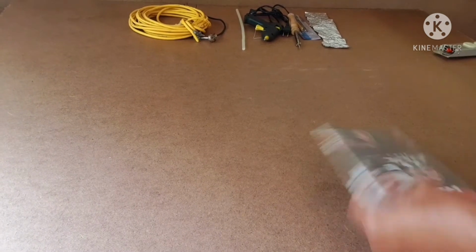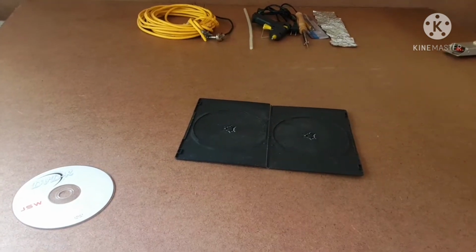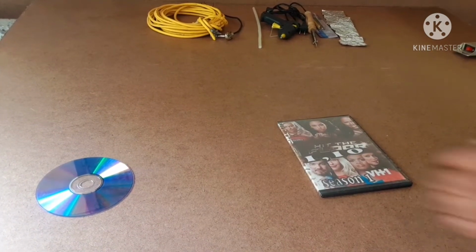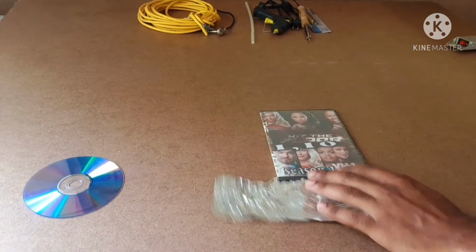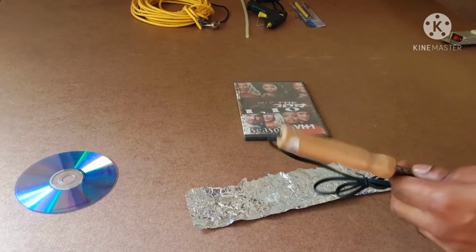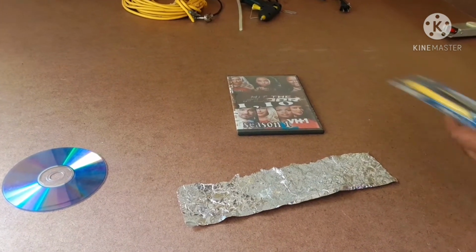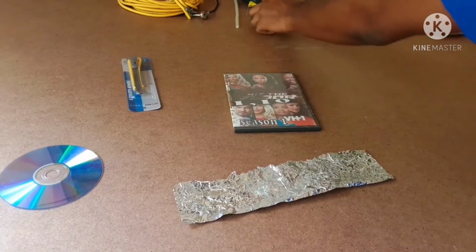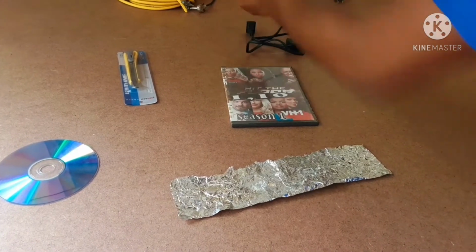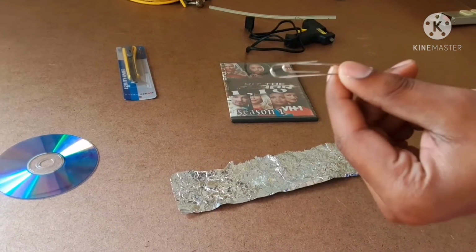We have a CD case. So here we have a CD case. We have a piece of file paper. We have a solder bolts, but the thing is, I don't have any solder, so we're just gonna put that one side. We have the stencil knife, and a hot glue gun. And we have the hot glue, paper clip, yes, paper clip,